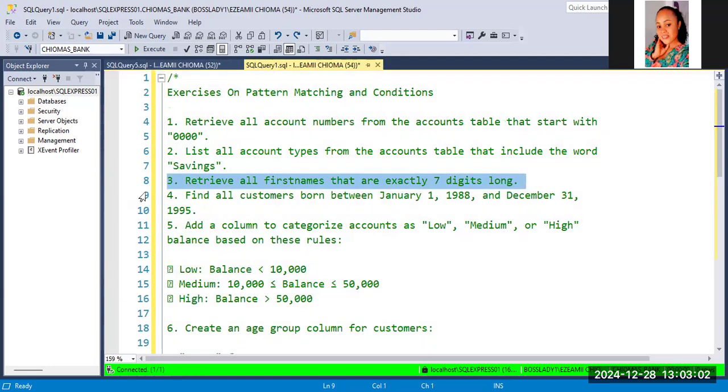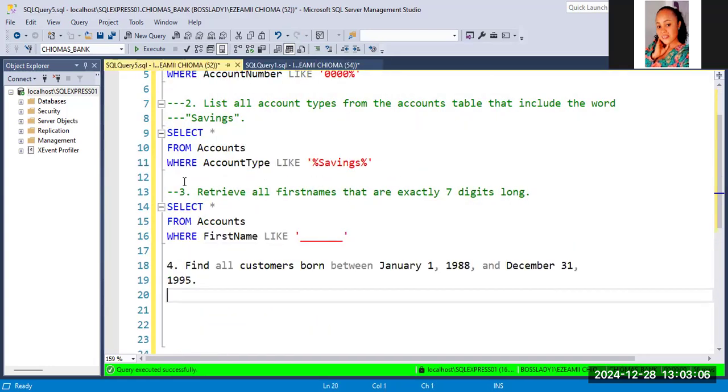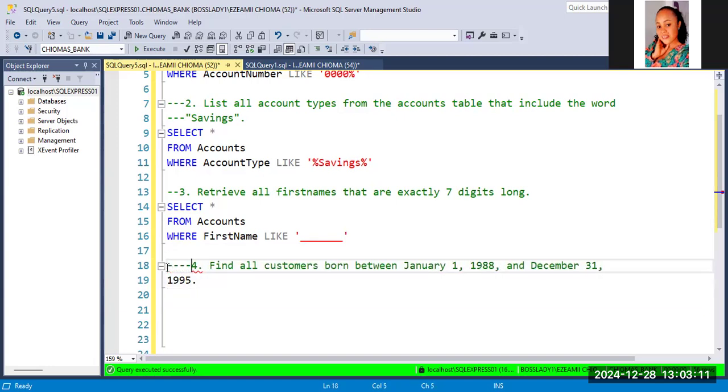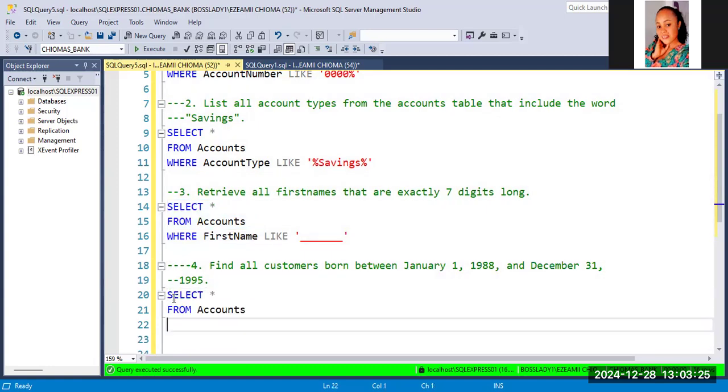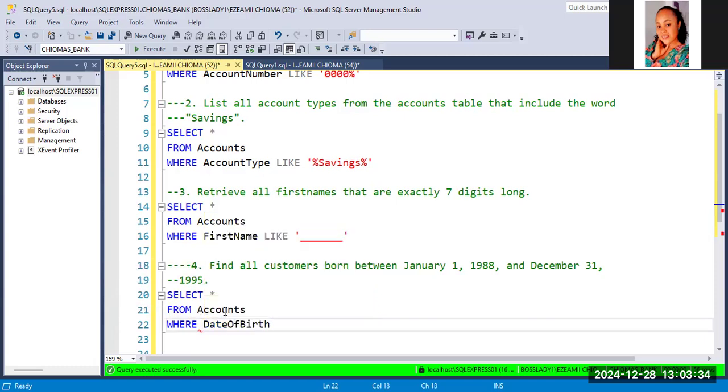So let's look at the number 4 question. This number 4 question says, find all customers born between January 1st, 1988 and December 31st, 1995. All right, if we check out the question and break it down, you find out that this is talking about the date of birth column, all right? So that's the column we're going to filter our data with, date of birth. Where date of birth